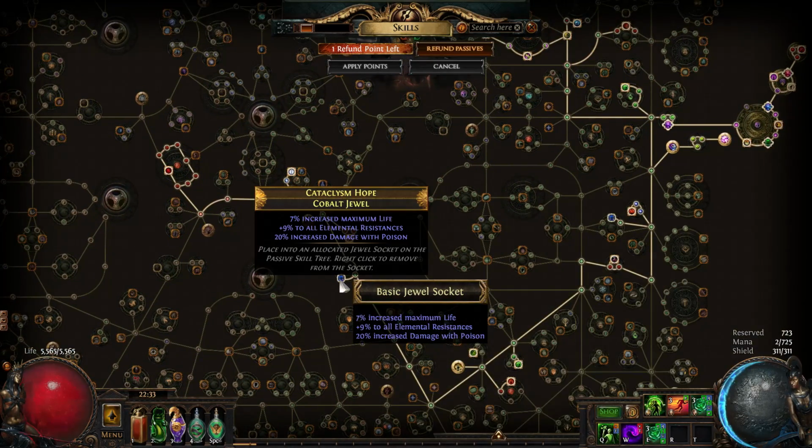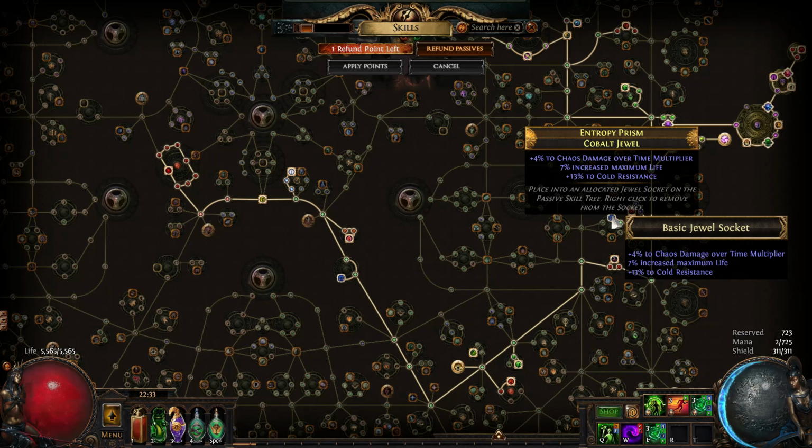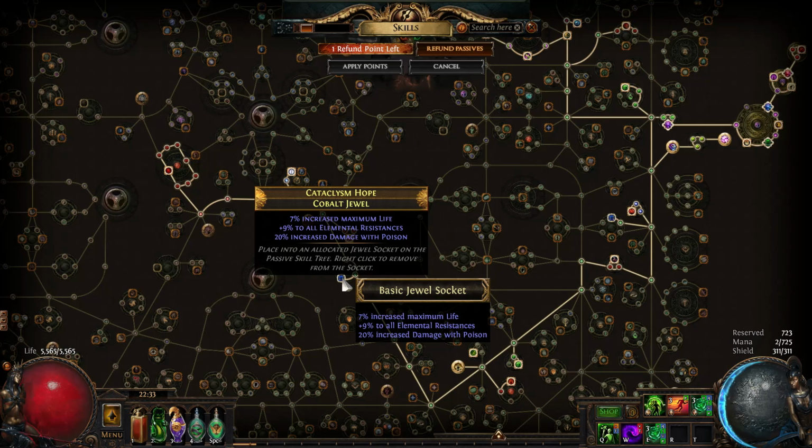But the normal jewels is just basic one. It's a maximum life, of course. We always have maximum 7, increase the maximum life. It's always nice on all of them. Some resistance, if we want to fill in those. Increased damage with poison, increased damage,